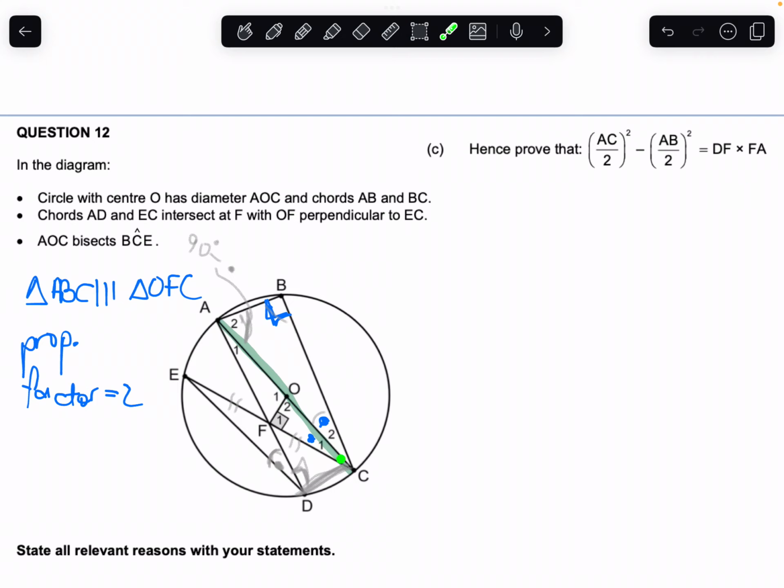Whereas OFC, at least geographically, looks like it might have something to do with DF and FA, right? So it immediately came to mind that AC over 2 will be the same as OC, because we know of that proportion factor that connects the small triangle to the big triangle. AB over 2 will also then be the same as OF, and then from there,